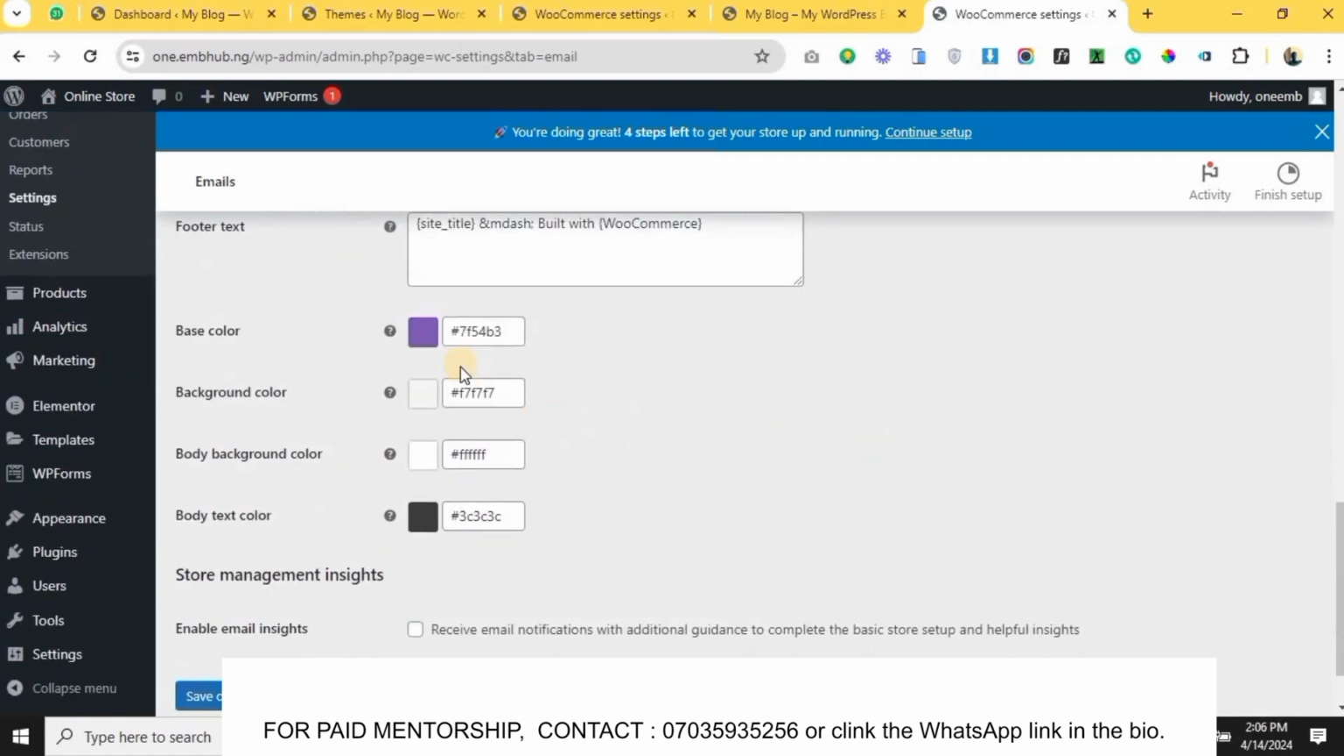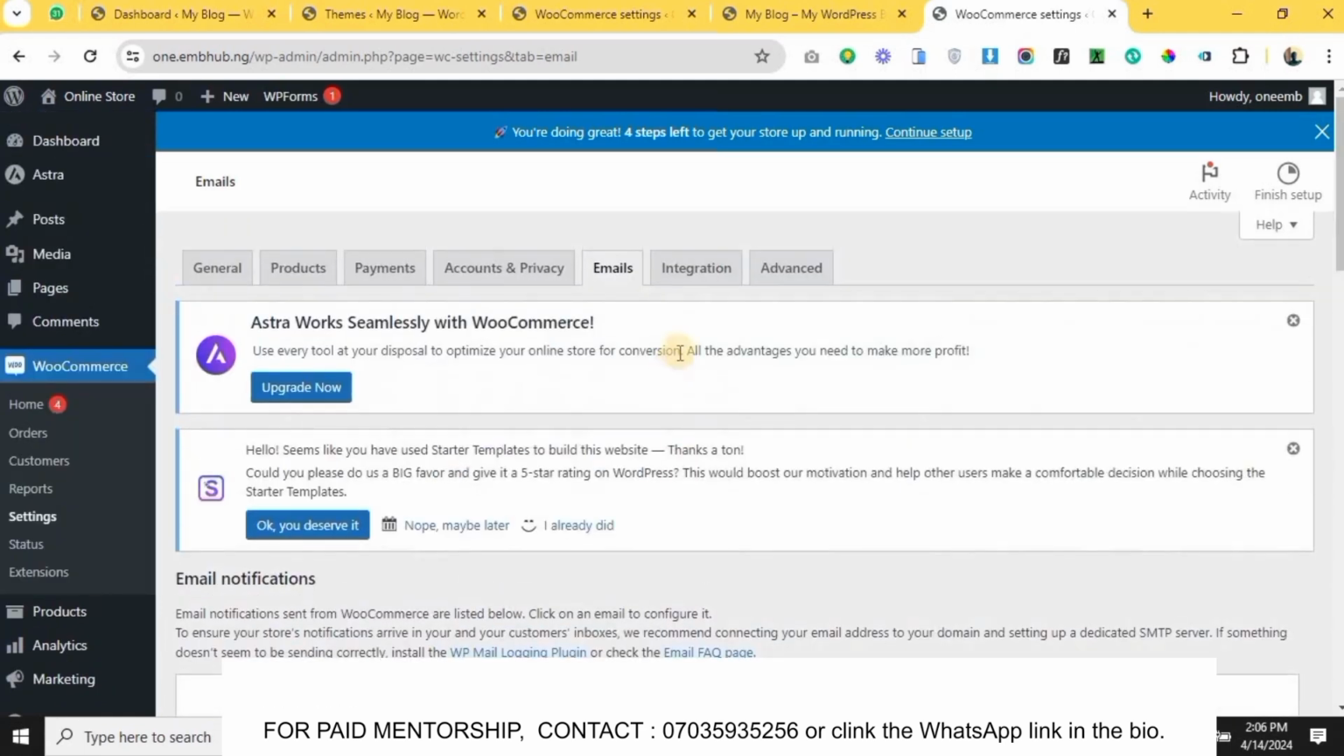So you can see this is the color the email is going to come with. You can decide to have your own color. So that is that on this. And now you don't need this too, just leave this too. But you can also still come to advanced to check if the settings of the pages